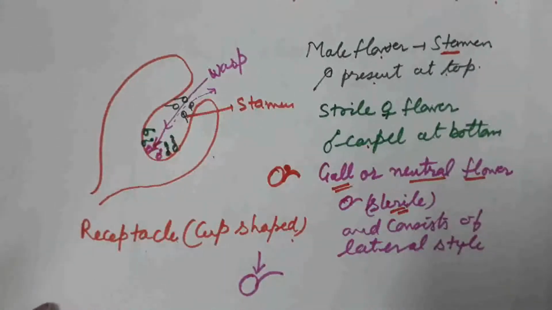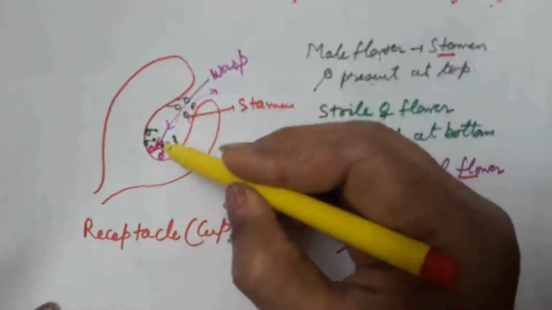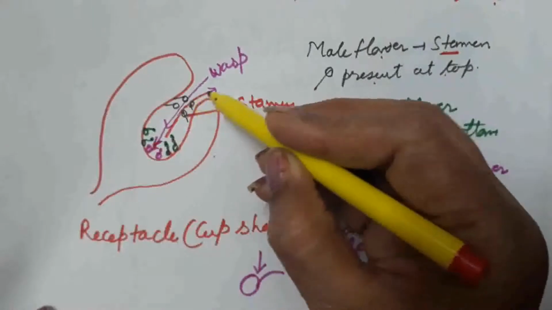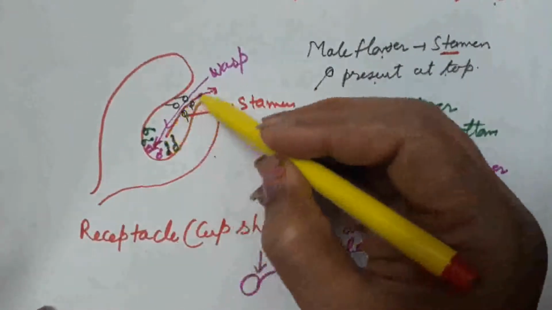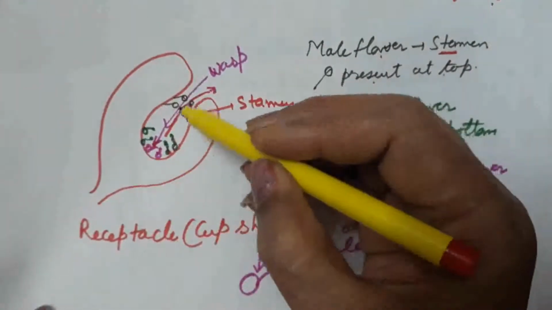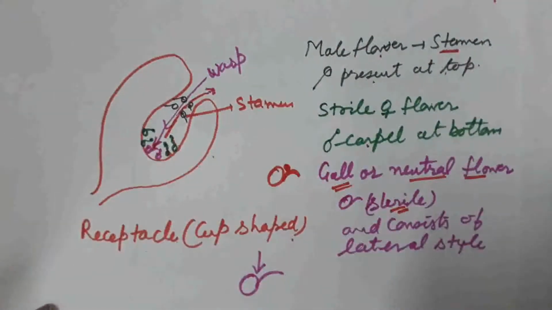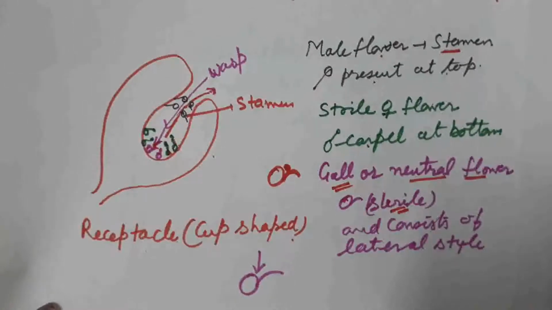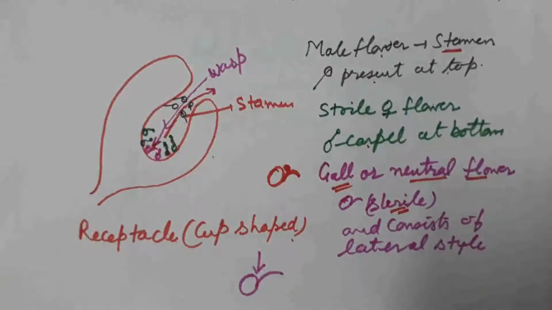After laying its eggs, when the wasp is going back, it receives the pollen grains of the male flower present at the top of the cavity of the Hypanthodium inflorescence. And when this wasp visits another flower, it releases the pollen grains into the cavity, and these pollen grains are dusted on the stigma of the carpel and help in cross pollination. In this case, both get benefited.